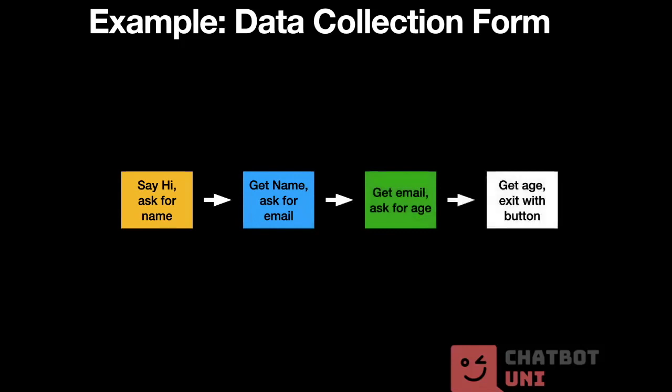And finally, once you get the age, you have an exit system where the guy can click a next button and so on to actually go on to the next room or next template. It means you're exiting the form to go somewhere else in your chatbot. So this is the general sequential flow that you are trying to impose with your chatbot, and each of these boxes